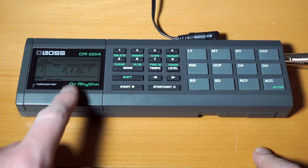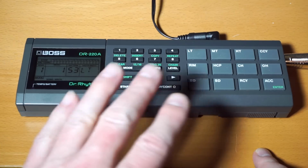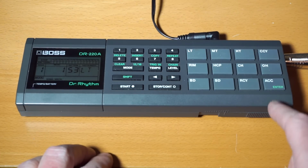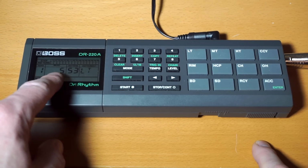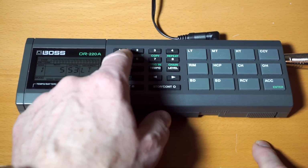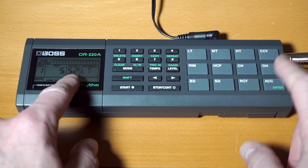And it defaults to pattern 11, but that's not the pattern I want to use. I'm going to start out with pattern 53, and I'm going to have that for 4 bars. So I press the enter button 4 times. And at the start of bar 5, I want pattern number 52, and I press enter for as many bars